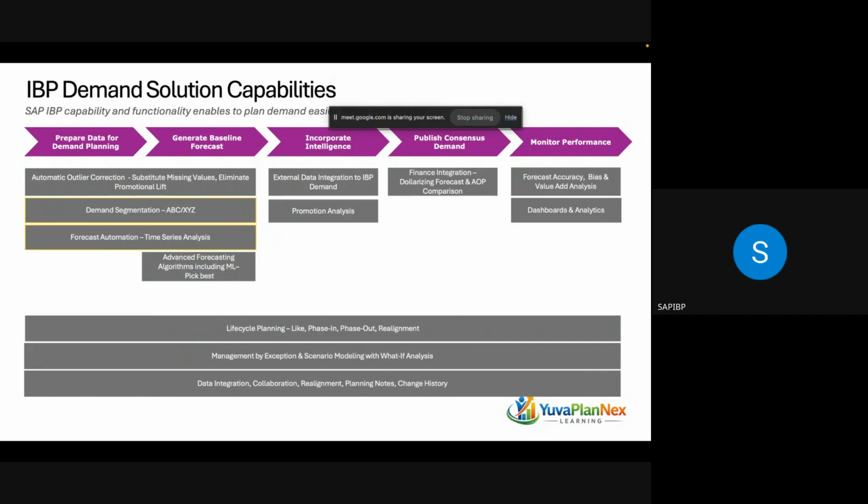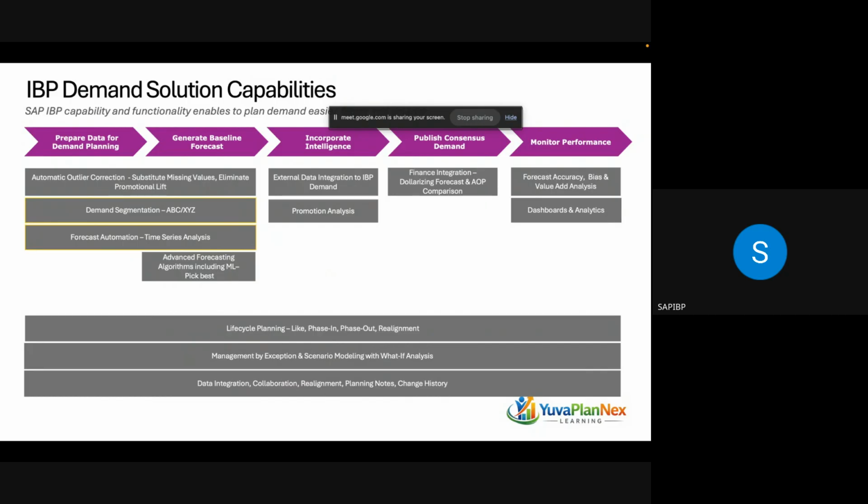Now we have n number of algorithms, both advanced and machine learning algorithms, which handle all kinds of data, right? So before picking the forecasting model, first you need to understand your data, right? What kind of data you are going to deal with, or what kind of products you have. To understand more about that, we have time series analysis, and we have ABC XYZ segmentation, which will help you to understand your sales history patterns, the type of products you are going to handle, right? So now